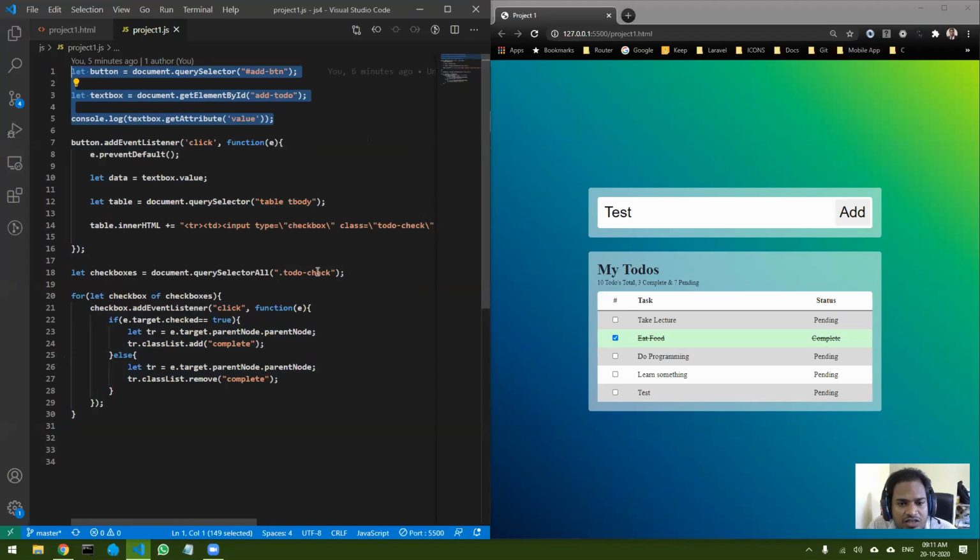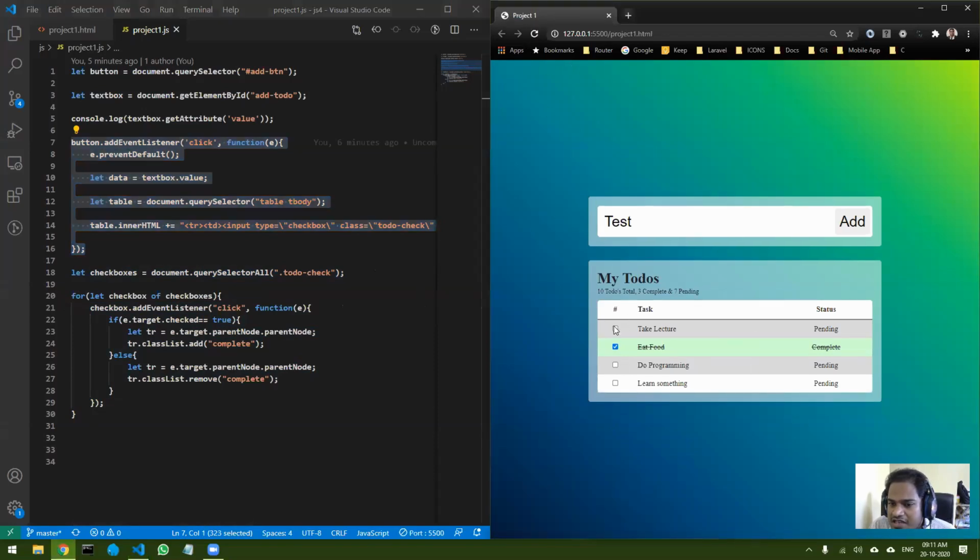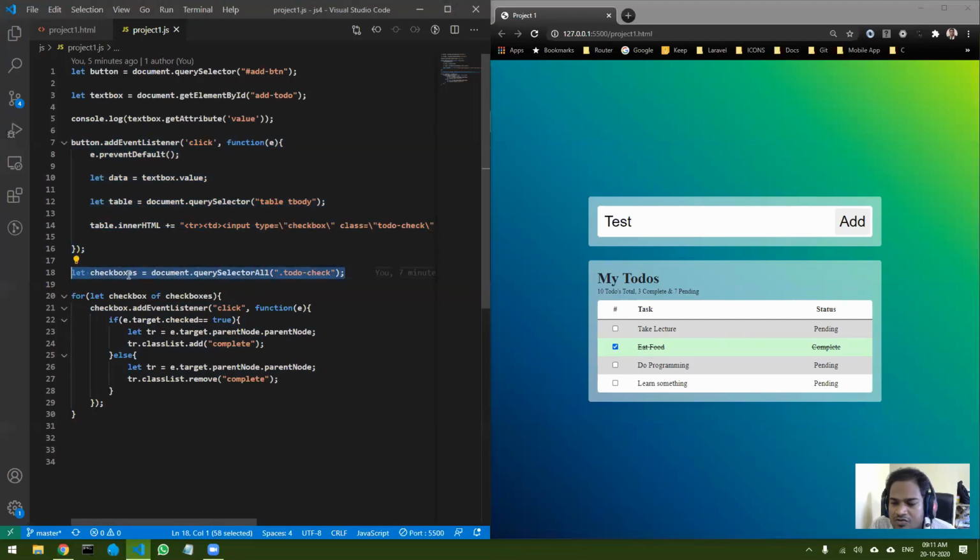And if you come down, this also is not inside any event listener, right? So this also loads when your page loads. And then you come down over here, you use a for loop, and then if you see, there is again an event listener, right? So this event listener and that event listener do not run unless that particular event occurs. So whatever is remaining is what runs when you refresh the page or when you load the page, right? Now when you load the page, how many checkboxes are there? There are 4 checkboxes. And you are running this particular code after you refresh, right?